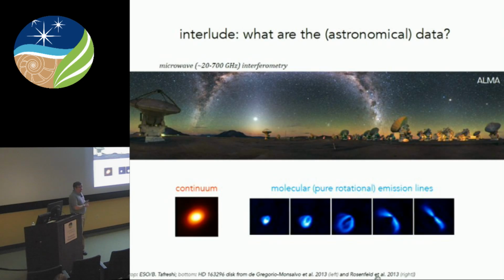And interferometry, because you actually need to resolve these disks that are pretty small on the sky. They subtend about an arcsecond at most in diameter. And in order to get sub-arcsecond resolution, you need a radio telescope that is on the order of a kilometer. You can't build that engineering-wise. And if you really want to resolve AU scales in these disks, you need something on the scale of 15, 20 kilometers. So you can't build that, so you use an interferometer where you just sparsely sample the Fourier transform of the sky brightness, and you can reconstruct images at very high angular resolution.